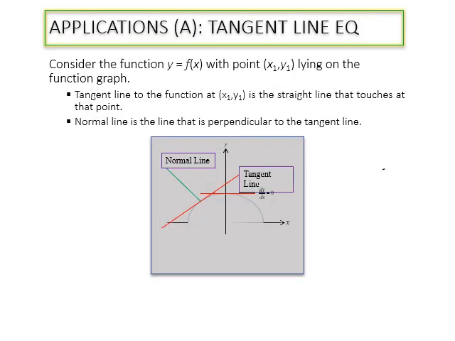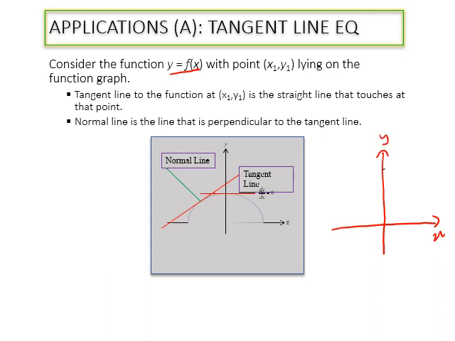Okay, so we consider the function y equals f(x), with point (x1, y1) lying on the function graph. So the tangent line to the function at (x1, y1) is the straight line that touches at the point. Okay, the normal line is the line that is perpendicular to the tangent line. If I may draw clearly, so we have